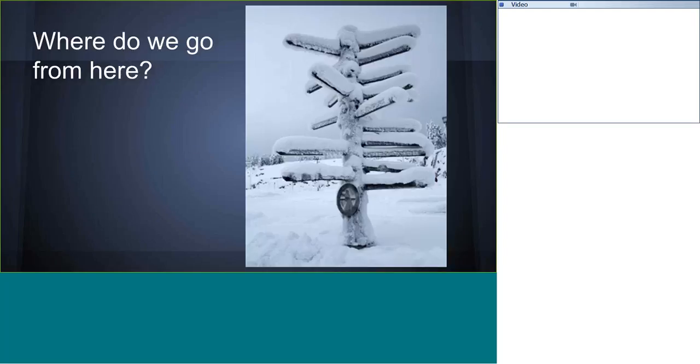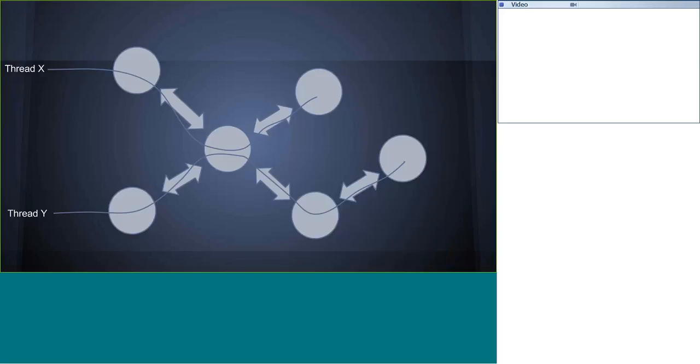So where do we go from here? We're going to introduce a model that hopefully resolves the flaws in the previous model, and then we're going to see what effect that has on the pain points that we had. Here's how we used to interact. Let's get rid of all of this, and instead let's have all of our service objects have mailboxes. The way these service objects interact is that they pass messages. These are asynchronous messages. So that's it. That's the model.